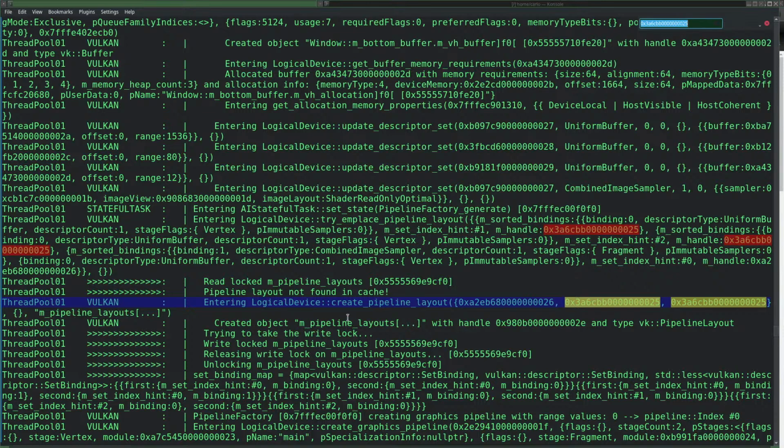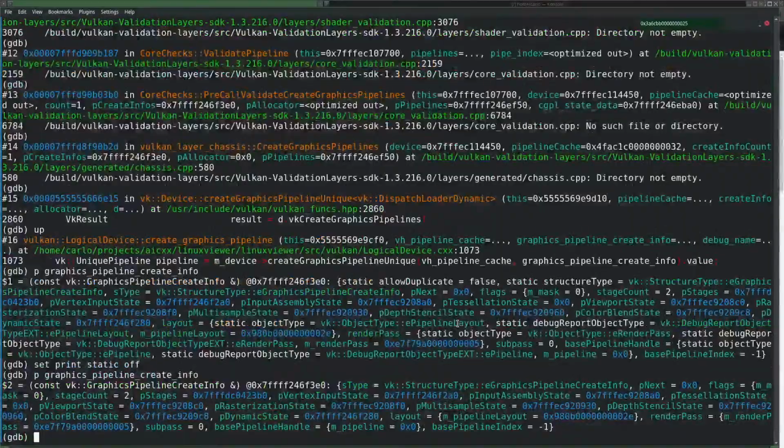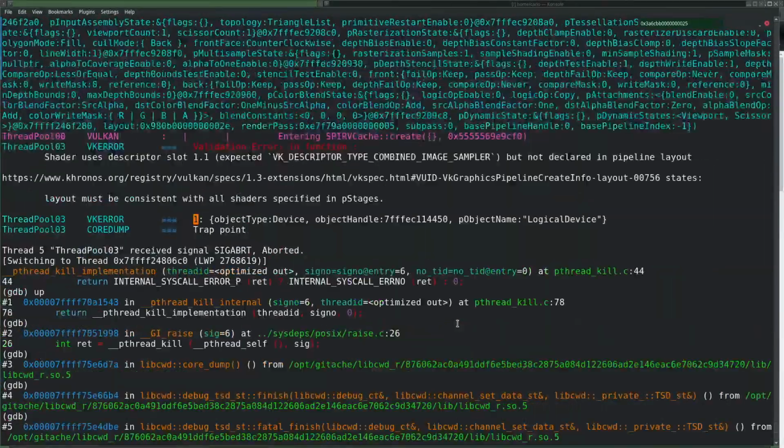Okay, let's say this pipeline is created top, left, bottom, which means that these last two, they are even the same. They have only binding 0 for a uniform buffer, and this one has binding 0 for a uniform buffer and binding 1 for a texture. And then the validation error was: shader uses descriptor slot 1.1 but not declared in pipeline layout. So apparently some shader...